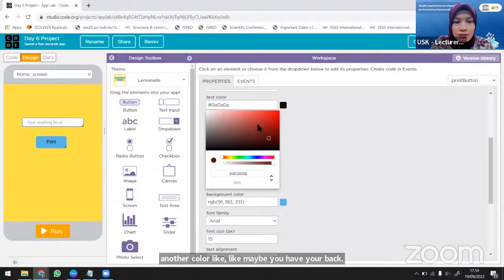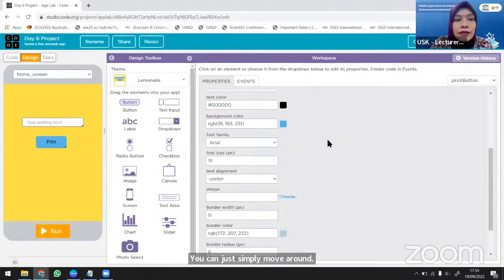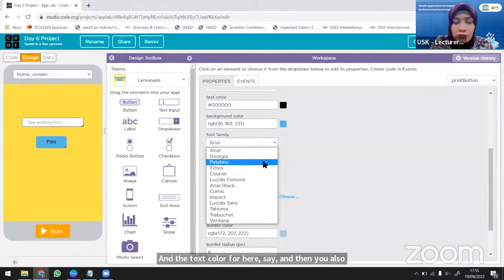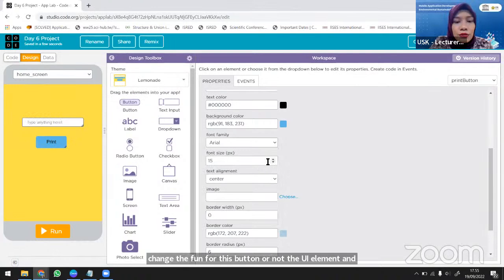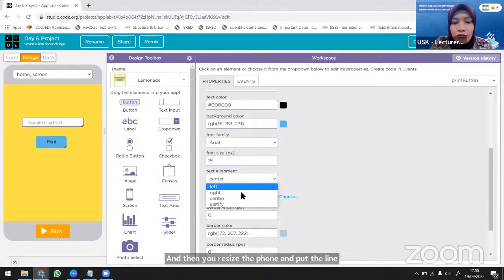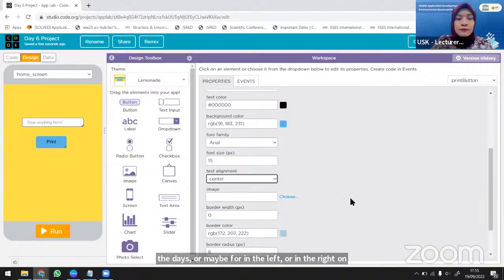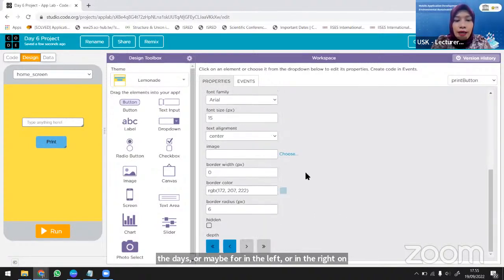You can just simply move around the text color here, and then you also can change the font for this button or another UI element, and then you resize the font and set the alignment of the text, maybe on the left or on the right or in the center. Okay, and then